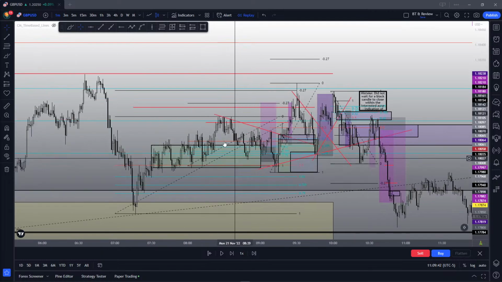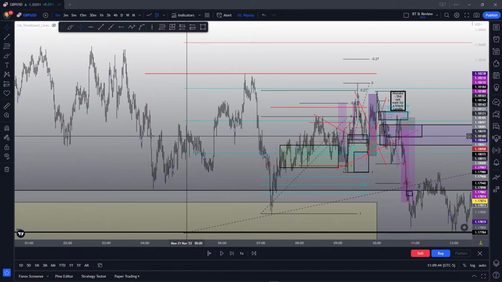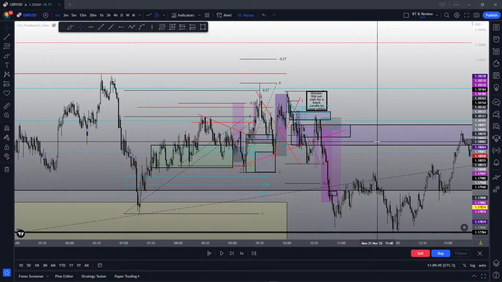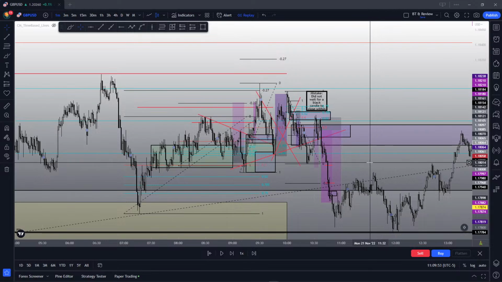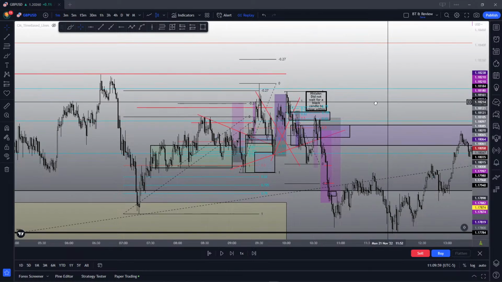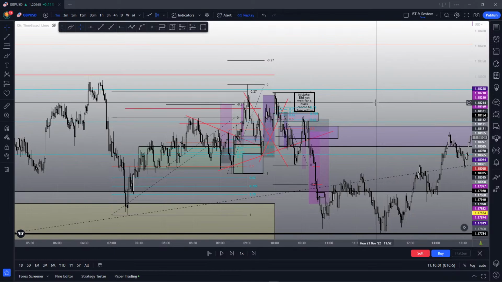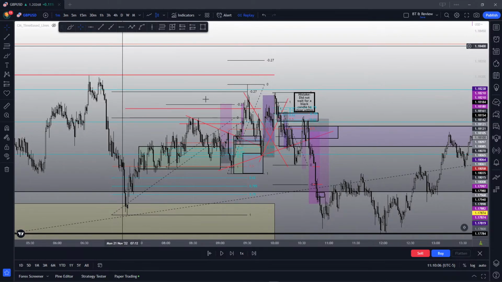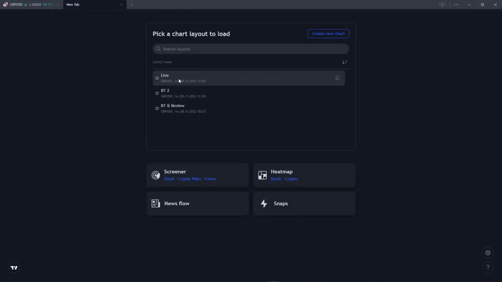Yeah, essentially backtesting. I only backtest on the session. I only backtest on the New York session, New York London, from 9 a.m. Eastern time to 11 a.m. Eastern Standard Time, so a 2-hour trading session. I only backtest on those, and after it's done, I go all the way back and backtest one more time. So there are two tabs. You see how live, backtest and review, and backtest two, and there we go.